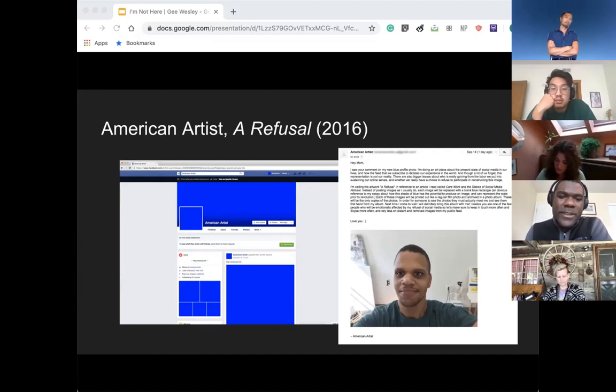There are also bigger issues about who is really gaining from the labor we put into sustaining our online selves, and whether we really have a choice to refuse to participate in constructing this image. I'm calling the artwork a refusal in reference to an article I read about care work and the stakes of social media refusal. Instead of posting images, as I usually do, each image will be replaced with a blank blue